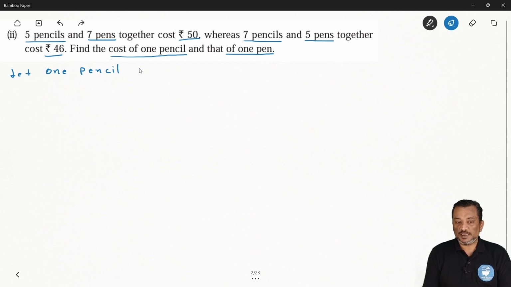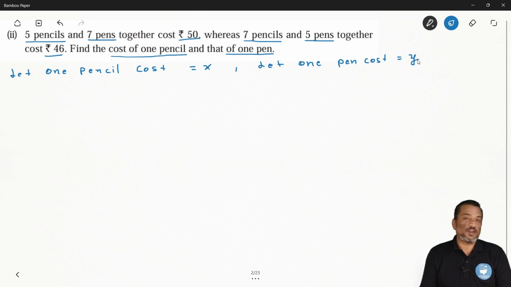Let one pencil cost X. Okay, now same way, let one pen cost Y. तो हमने यहाँ पे दोनों वेरिएबल्स डिसाइड कर लिए, एक हमारा पेंसिल का प्राइस और एक हमारा पेन का प्राइस, बट एक एक पेन और एक एक पेंसिल का प्राइस है, तो इसका ध्यान रखना।